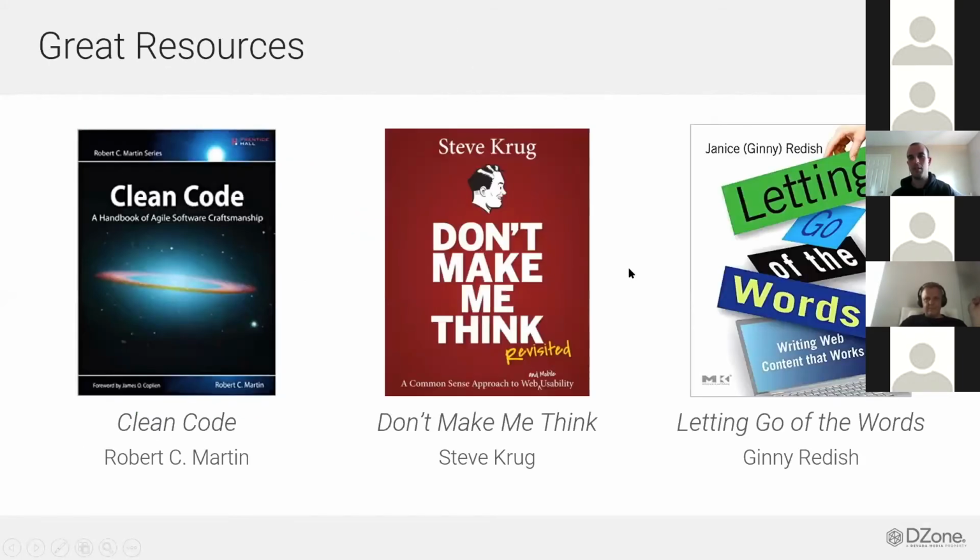And just as supplemental resources, these are 3 books I found pretty helpful, specifically for writing articles. The first one's probably a staple in just about any software developer's library. Usually the author's called Uncle Bob, so you could look up Uncle Bob Clean Code, and this book describes how you write what he considers clean code, which is code, like Thomas said, that just describes itself. You don't have to have any supplemental information. It's just so clear what's going on